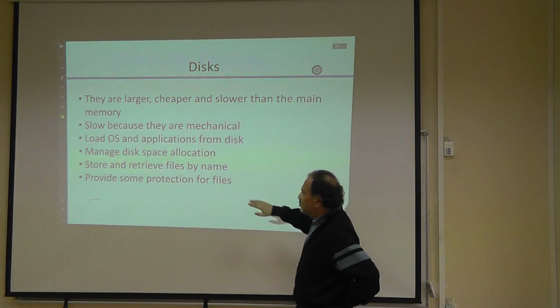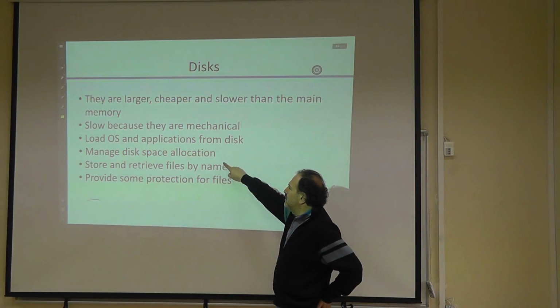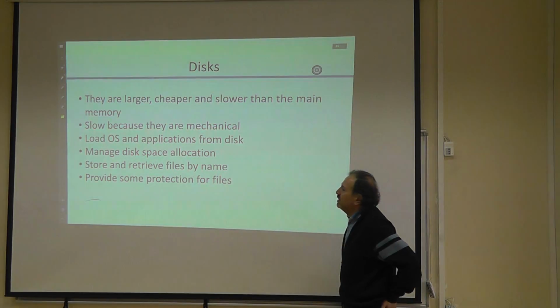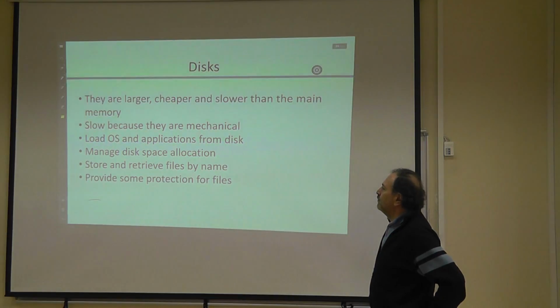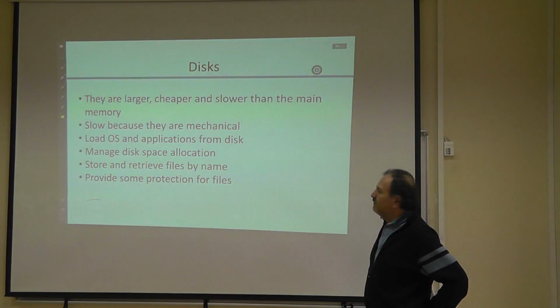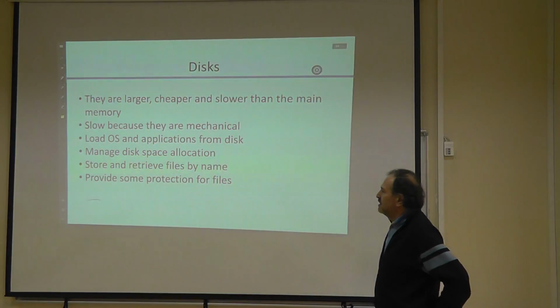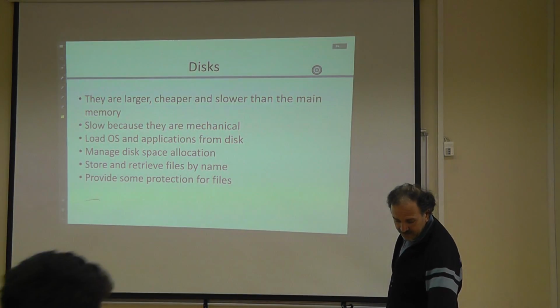Even though we have more space on the disk drives, the allocation space has to be managed by the operating system. You need a system of storing and retrieving files by name and by other properties, and of course, other people should not have access to my files on the disk. These are all handled by the